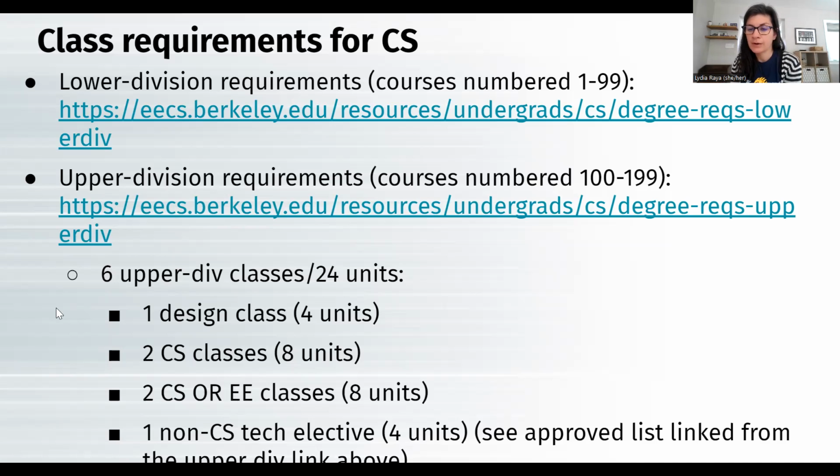A student emailed me, or sent a message, about the schedule planner. Those are really hard questions for us to answer because we can't actually see the schedule planner. classes.berkeley.edu is the official schedule for campus. So if a class is showing that it's being offered this fall on classes.berkeley.edu, then it should show up in the schedule planner because those are linked. So if you're seeing a class listed on classes.berkeley.edu but not in the schedule planner, then send us an email and we'll try to see what's going on.